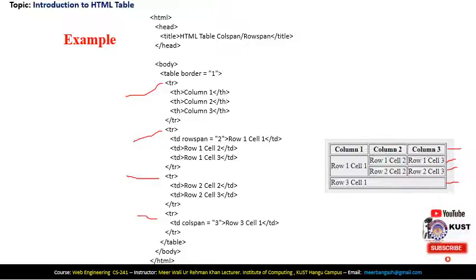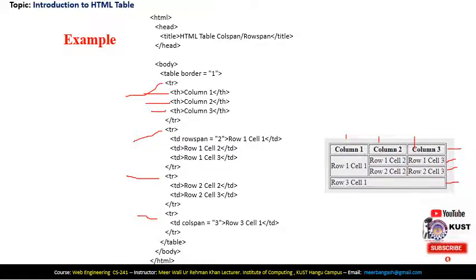We have three columns, column 1, column 2, column 3. In the first row we have three columns, here it is. In the second and third row,